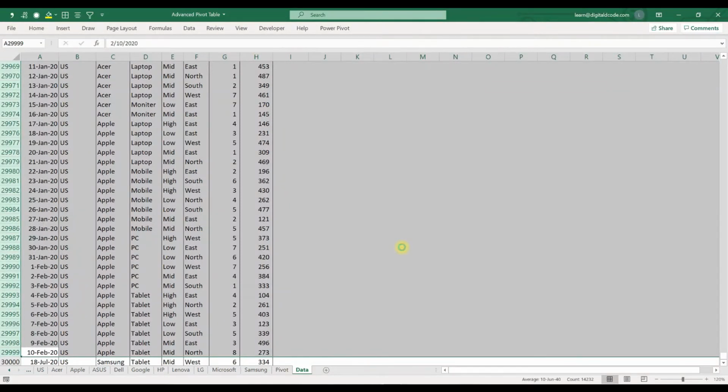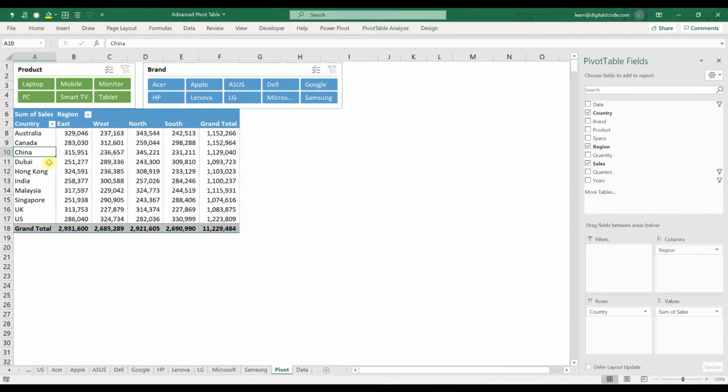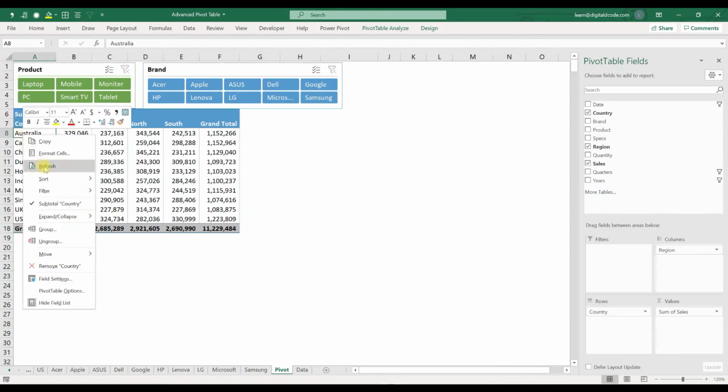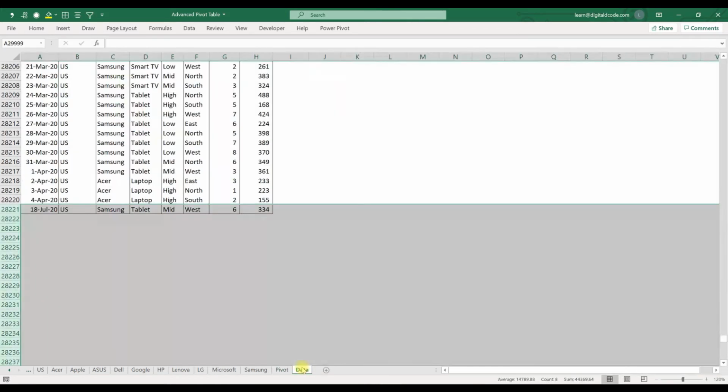Now I'm going to delete US data, close to 14,232. I deleted the data, so let's right click and refresh. See, it became 69697,344. So if you delete data, you don't need to go and change the range, because the range will automatically change. But if you are going to add any additional data, then you have to change the range, because the pivot will not automatically pick up the additional range.